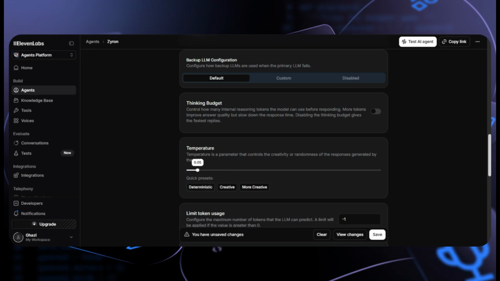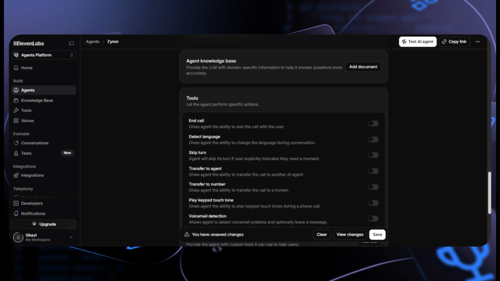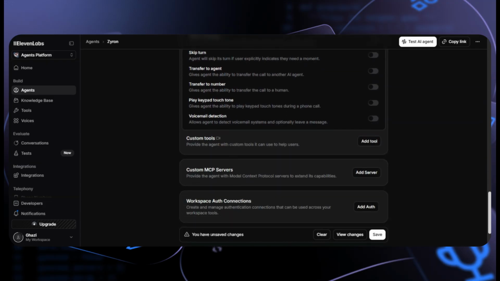You can go for more, and you can add documents. You can add all the things here. If you add your document here, you will not need to call n8n. But if you are building an appointment booking agent, you will have to configure it, so you will have to call n8n